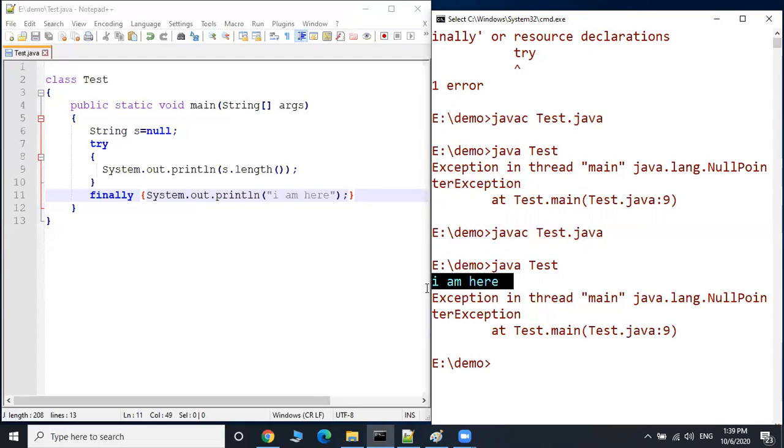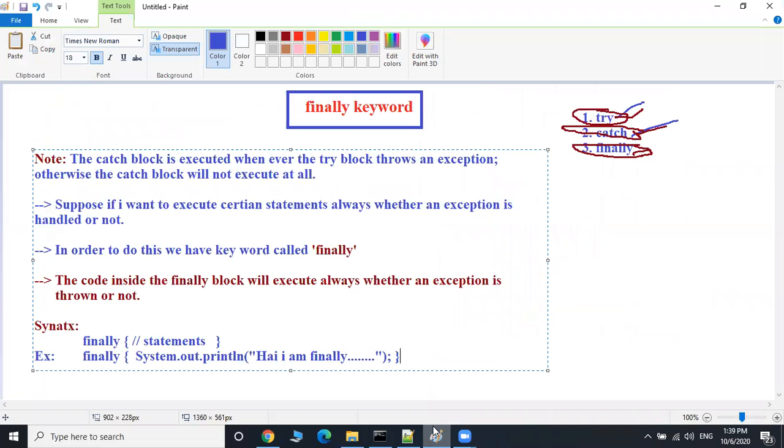Understand, all of you. This is the usage of the finally keyword. The finally keyword is used to execute some block of statements always, irrespective of whether the exception is thrown or not thrown, handled or not handled.